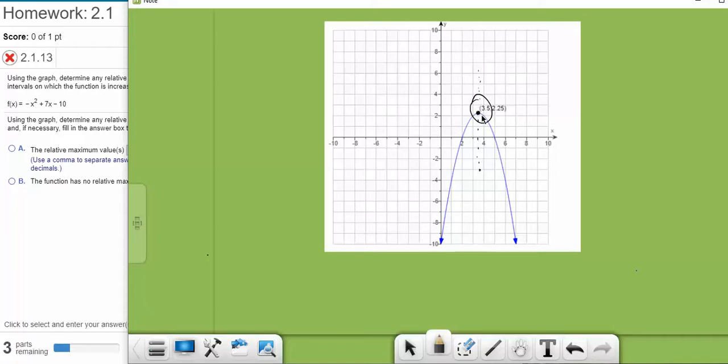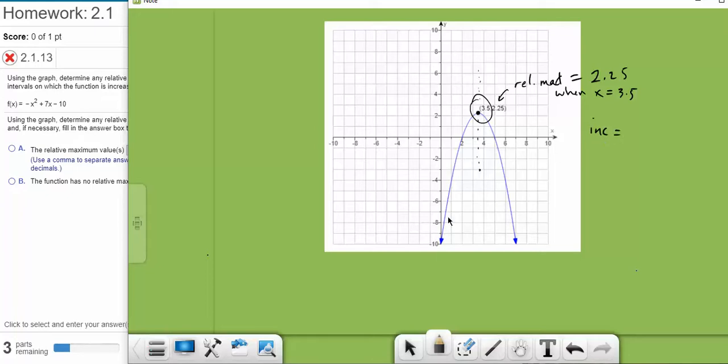See that point where it switches? That's a relative maximum. Okay, and if it's the other way, if it's decreasing and then increases, that would be a relative minimum. Okay, and it's the y value that's the relative max or minimum. Okay, so right here, that's going to be a relative max. Oops, max is at 2.25, and it happens when x equals 3.5, and then the function's increasing